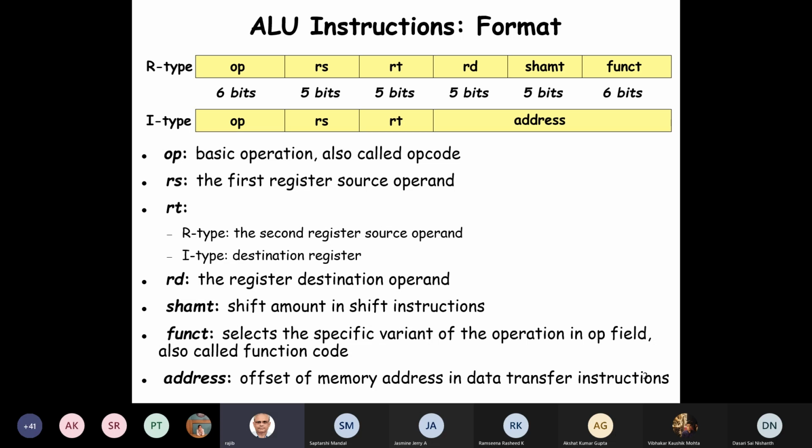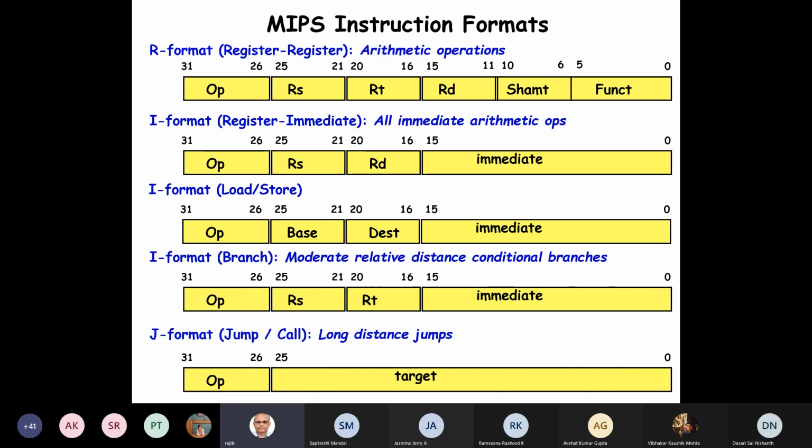It would have been nice if they called it RD, but for some reason it's called RT. We'll look at the other types of instructions. So basically the immediate operands here are 16 bits.